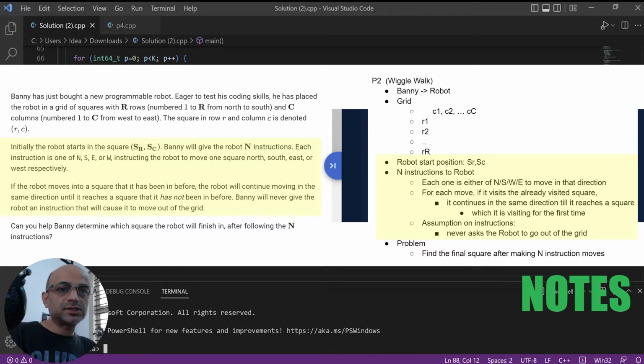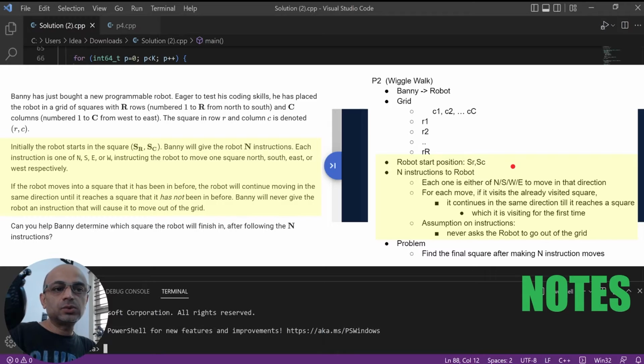When it finds a square like that, it will stop there, then it will mark it as a visited square for its own tracking, and then it will read the next instruction.